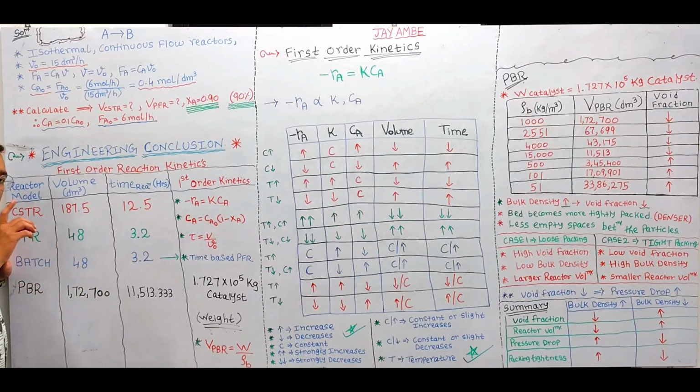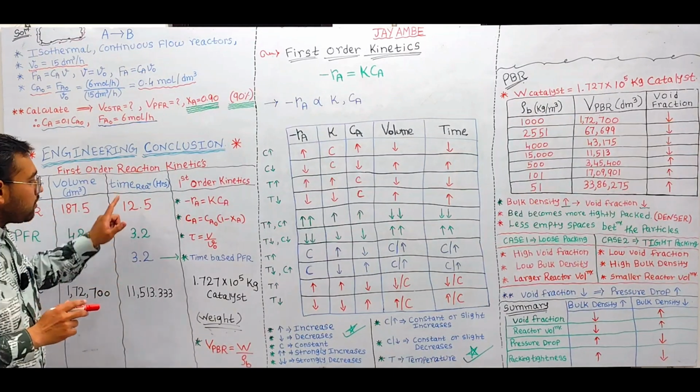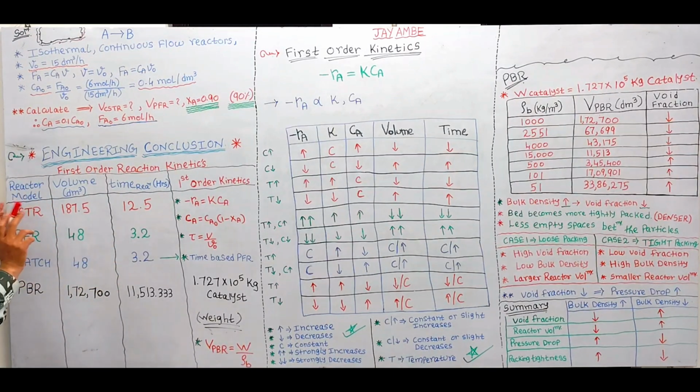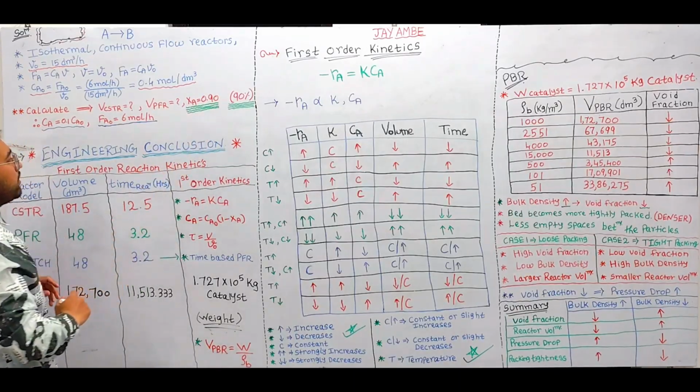By using that equation, we have calculated the volume of the batch reactor, which comes out to be 48 cubic decimeter. Which means by using the batch reactor, we required 48 cubic decimeter of volume and 3.2 hours of reaction time in order to achieve the desired conversion of 90%,